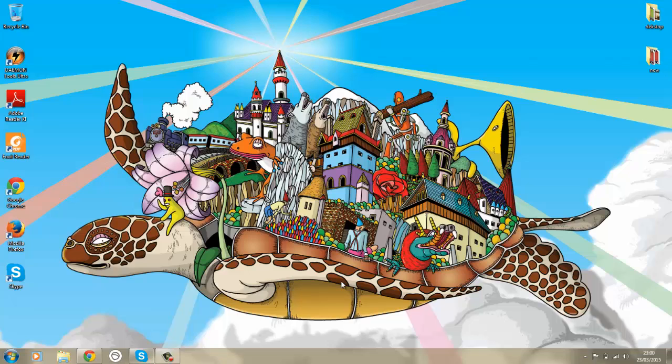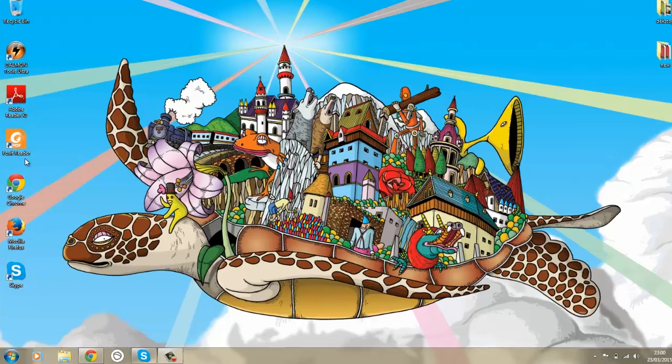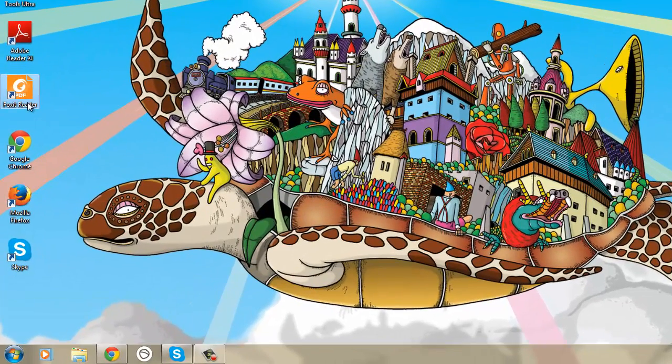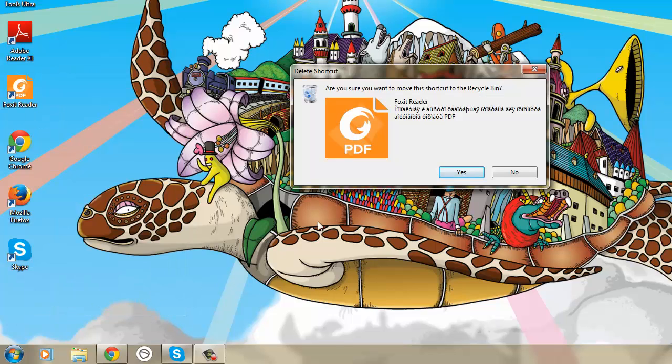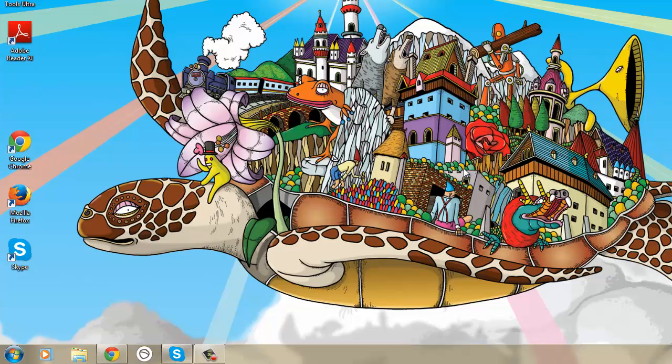So if you would like to delete a shortcut from your desktop, you just click on the shortcut once and press Delete on your keyboard, or you press the right button on your mouse and just go down and press Delete and press Yes when this window pops up, and now your file is